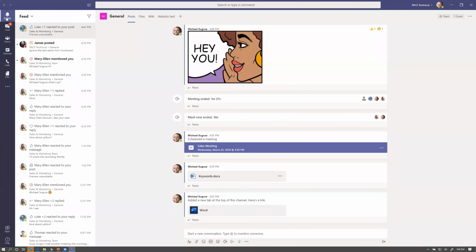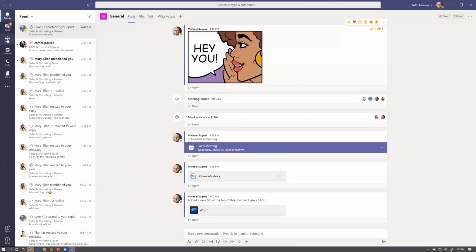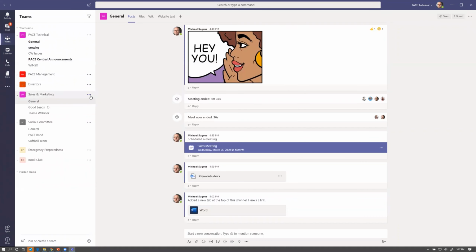So it's your notifications that designate what kind of things you're going to see in your feed and what kind of things you get desktop notifications for. We saw in the account menu up here how you can get pretty granular within settings, and down here notifications, and you could change a whole bunch of things. But one thing I do need to highlight within Teams is that for individual teams, by default, once you start a new team, I'm sorry, the channels, there's an option here in the menu right next to each individual channel for channel notifications.